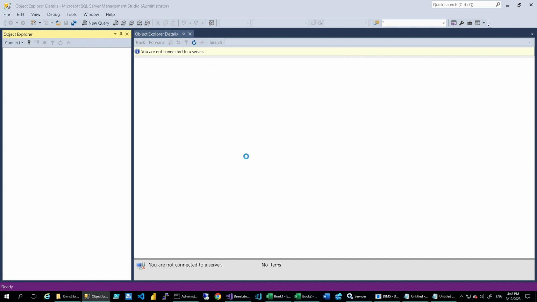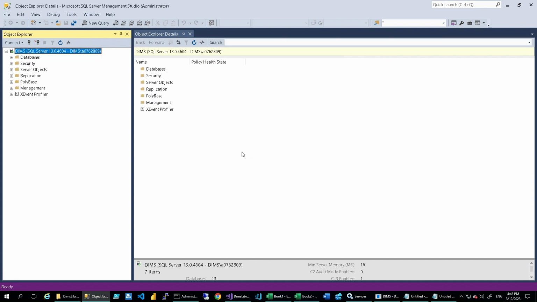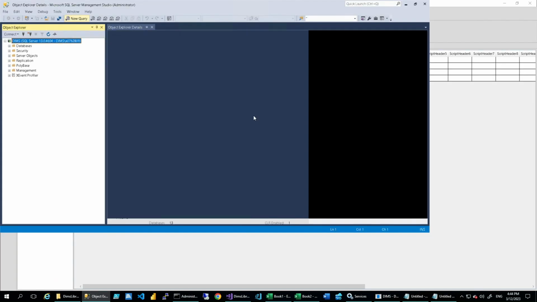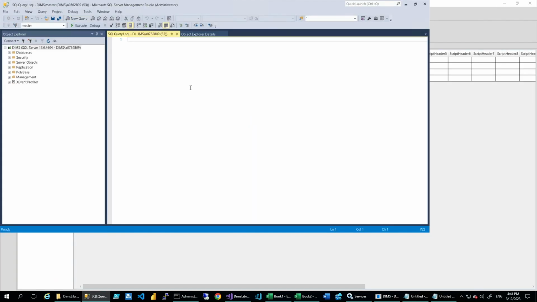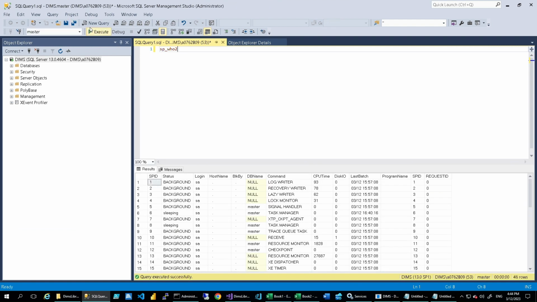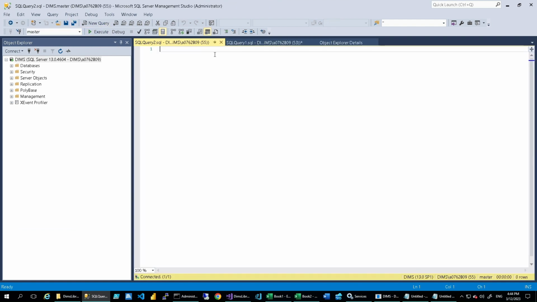But SSMS has this possibility, and for each result set, you can display them vertically or horizontally. Let me show you what I mean. CP databases, CP who. Okay, if you have a new query, XP fixed drives,